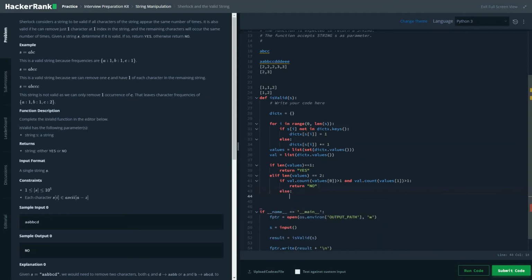Else, if values 0 is equal to values of 1 minus 1.